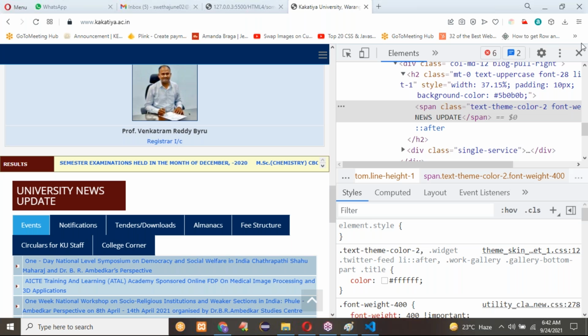Here we can write H1 to H6 tags. See, they are not using H1 to H6, they are using the span tag. So for writing this